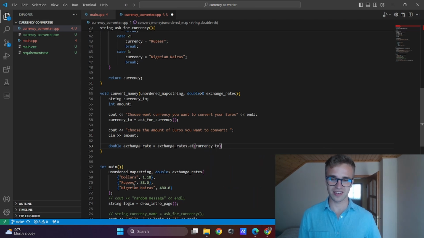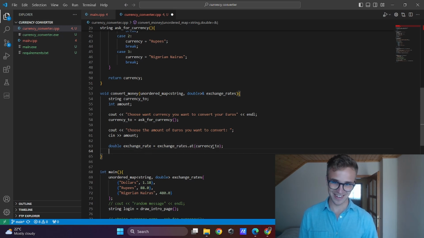This should take the exchange rate to the exchange rate variable. Now we can create the converted amount variable where we will put amount times the exchange rate.